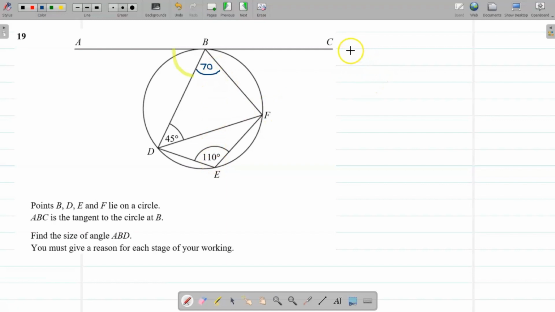So angle DBF, this is what you would need to write down, equals 180 minus 110, which is equal to 70, and I'm just going to say cyclic quadrilateral, opposite angles,